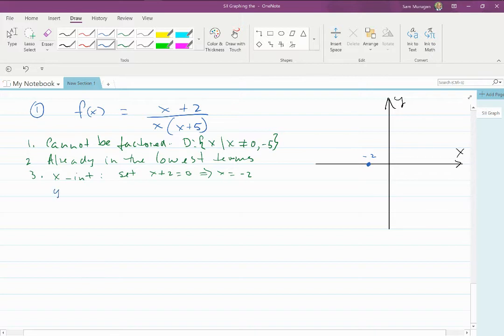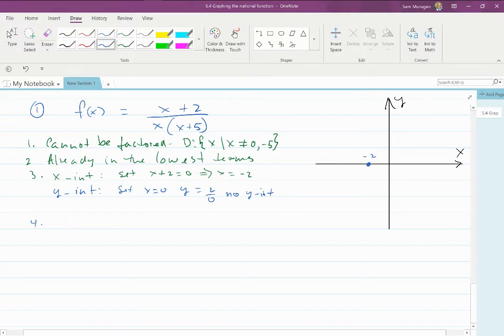For the y-intercept, set x equal to 0, so y is equal to 2 over 0, which means that there's no y-intercepts. We can't divide by 0, so no y-intercept. Step 4,